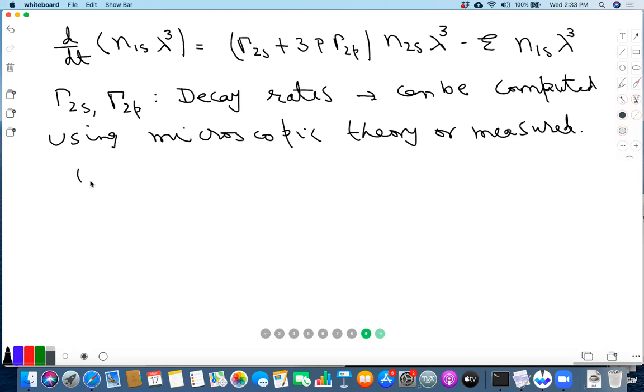Okay. So what about E? E, as I said, is a reverse process, right? It's exciting the 1s state to the excited states. Because of this, the number of thermal photons goes down rapidly with energy. Most of the contribution to E is going to come from the 1s state getting excited to 2s or 2p states by the reverse process. So we are going to try to calculate E using detailed balance.